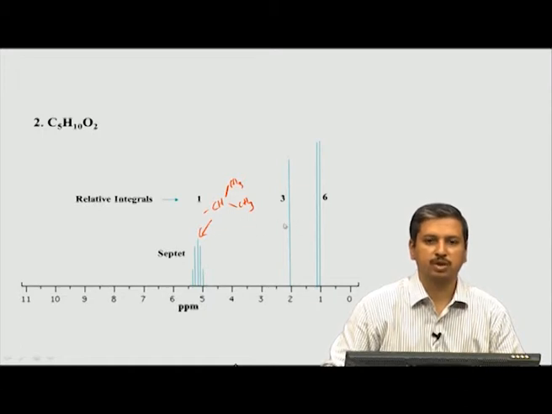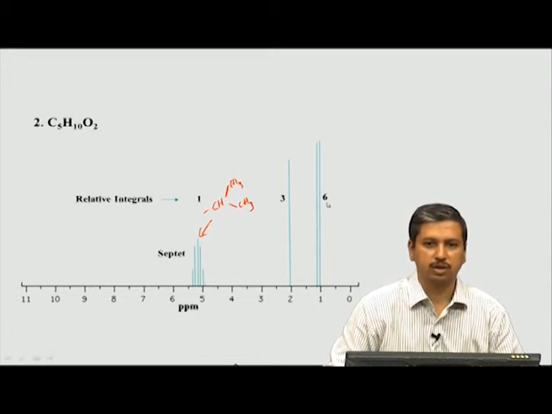If you look at this particular peak here, it shows 3; again remember, 3 protons means it has to be a CH3. So, there is a methyl group here, and there is 6 here, meaning again 2 methyl groups, and these probably could be these 2 methyl groups. So, this 6 together corresponds to these 2 peaks. This isolated methyl is not coupled to any hydrogen and therefore it is a singlet.